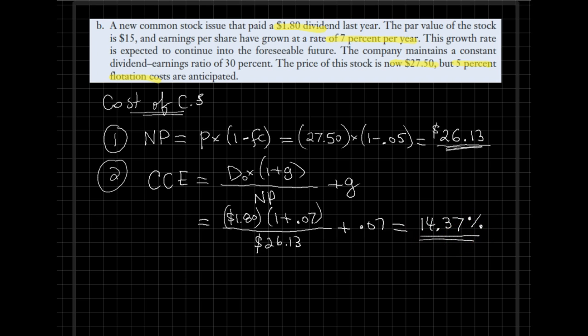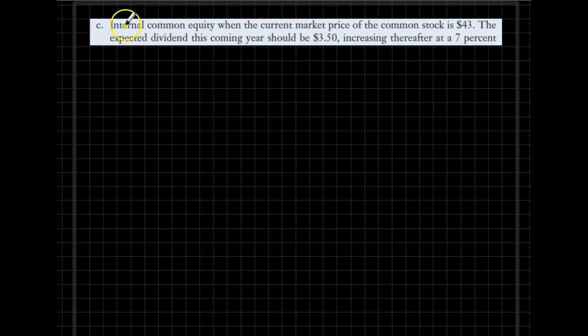Next part, this time we are calculating the cost of issuing internal common equity. Internal meaning we do not need an investment banker to underwrite the issuing of the stocks. So that would be significantly cheaper for the firm. So currently the market price is $43, and dividends in the following year are expected to be $3.50, and afterwards increasing at a 7% rate, meaning that would be the growth rate. So pretty much just plugging in the values as if we are calculating the expected rate of return, we realize